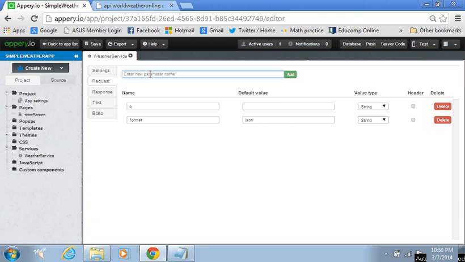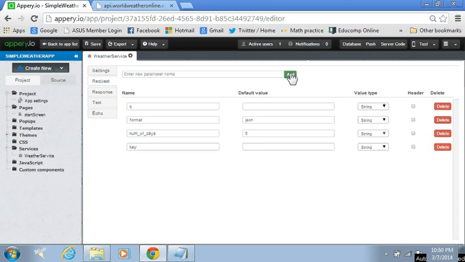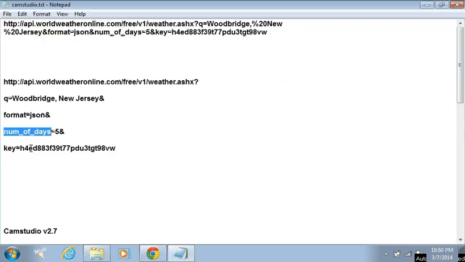The third parameter is num_of_days, and its value will be 5. And the final parameter, which is key, its value will be the app ID that I got back when I registered at the World Weather Online service.